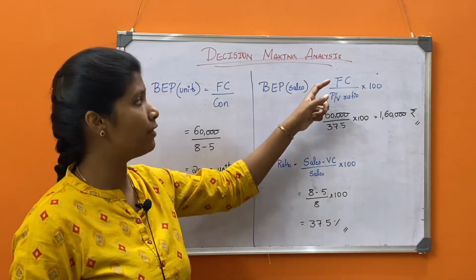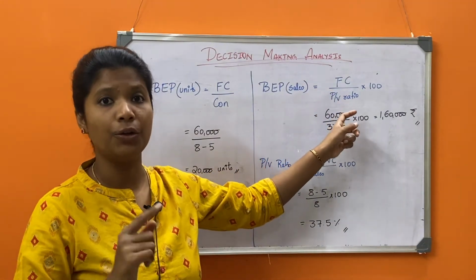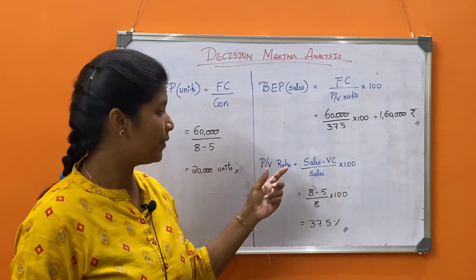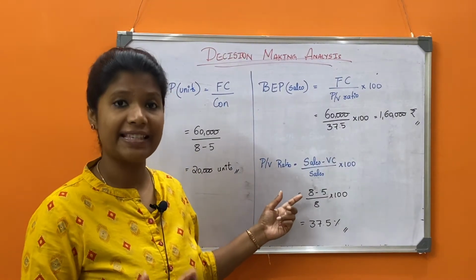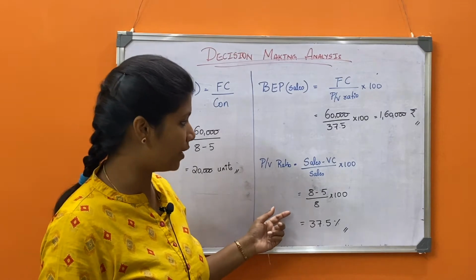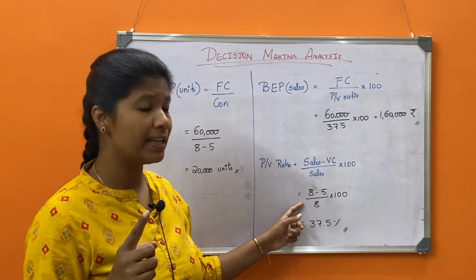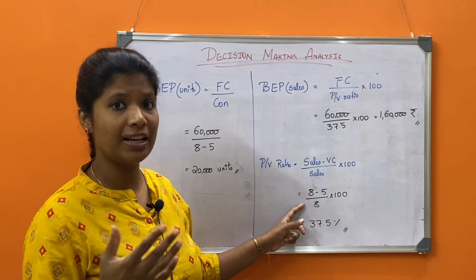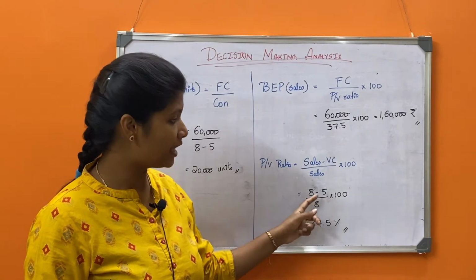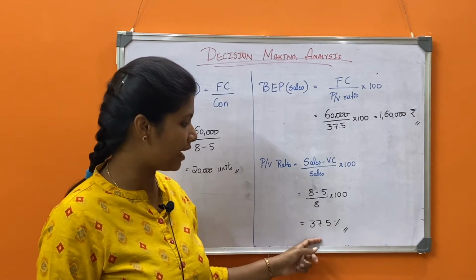Is fixed cost given in the question? Yes, 60,000. Is PV ratio given? No, we need to find out. So PV ratio equals sales minus variable cost divided by sales into 100. Now sales, as we know, per unit is how much? Selling price 8 rupees. What is variable cost per unit? 5 rupees. So 8 minus 5 divided by sales 8 into 100 will give the answer